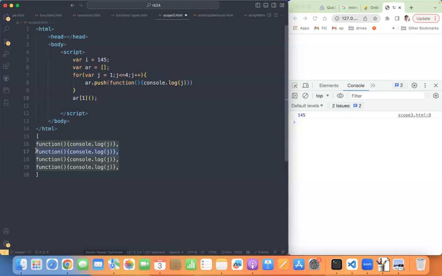Yes or no? When it calls this function, what is the code it has? Code ఏముంది అని అడుగుతున్నాము. function() { console.log(j) }. So it should print the j value. What is the j value? ఎట్లా 2?